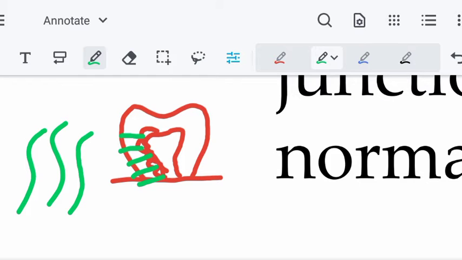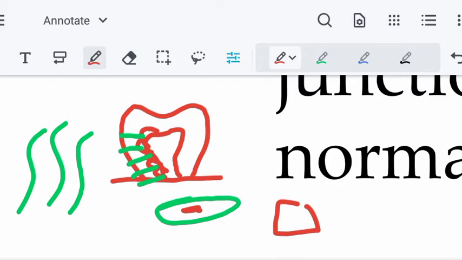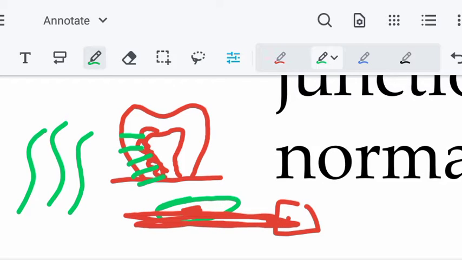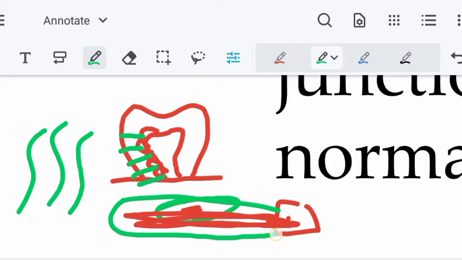Consider this as a dentinal tubule, and within these dentinal tubules are the odontoblastic processes. The odontoblasts produce these odontoblastic processes, and this one is actually the dentinal tubule. So these S-shaped dentinal tubules